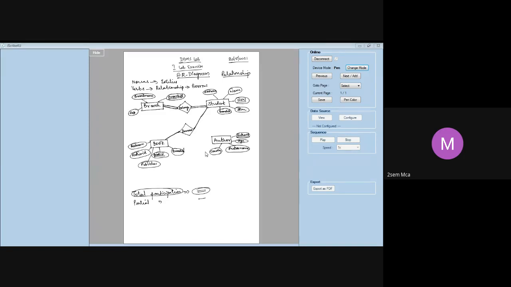How can I put this relation? What can I write here? Author writes books, right? So I can write it as writes. Author writes books, correct? So that's a relationship. Now again, I have to connect these two. Now, which is total, which is partial? Can anybody tell me?